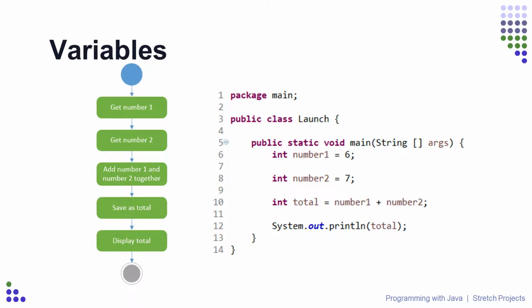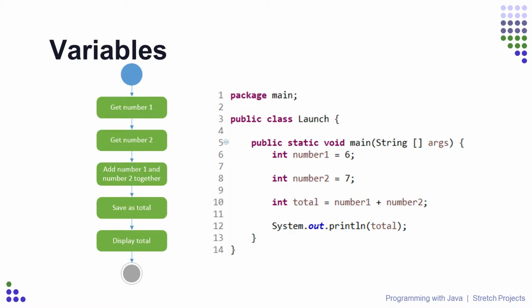So the first thing we should look at are variables. Variables are pieces of memory in your computer, which your computer actually uses to store data, which you can then interact with in your programs. I know we haven't learned how to write this code yet, but I want to use it to demonstrate how